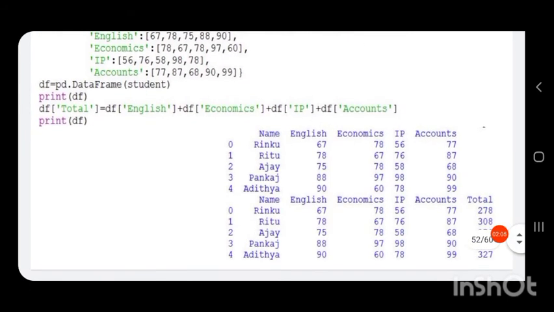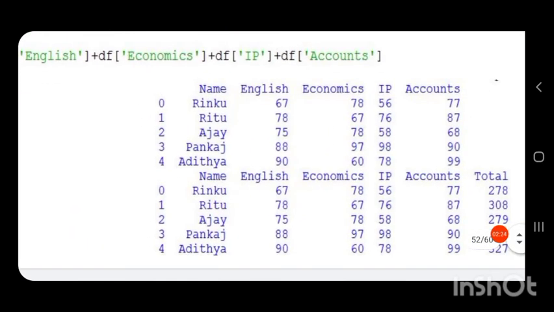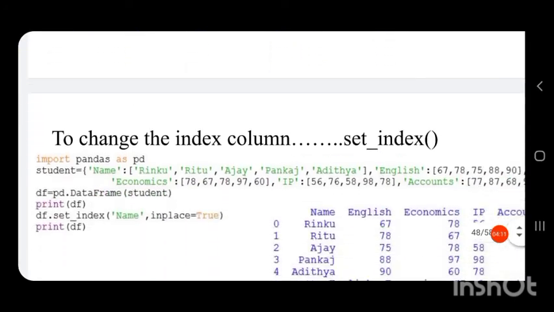So df in square brackets English, plus df in square brackets economics, plus df in square brackets IP, plus df accounts. When we print this data frame, we get a new column called total, which has the sum of the values of the columns English, economics, IP and accounts. So in this way also we can add a column.